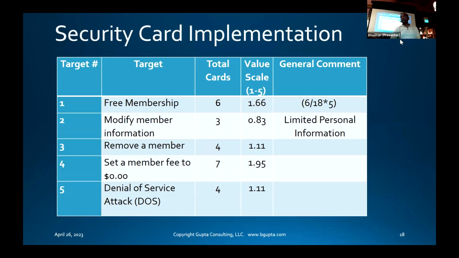And I may want to set a membership fee for myself to 0 because that's monetarily helpful to me. I could just shut the whole system down. Denial of service. Just DOS. So now, with each of these targets, which are number 1, 2, 3, 4, 5, I have looked